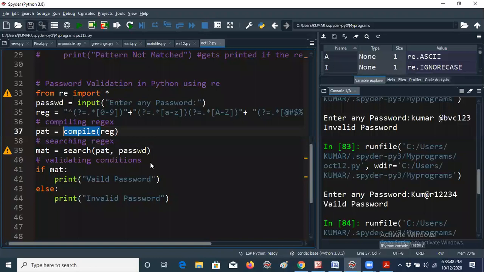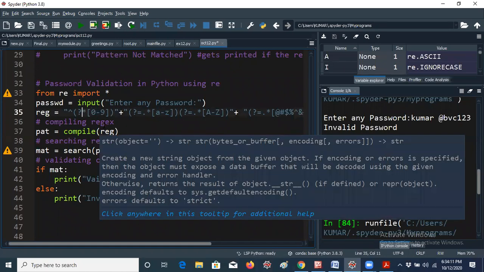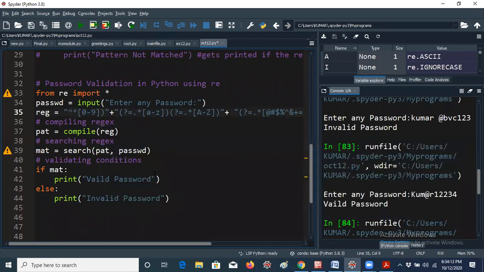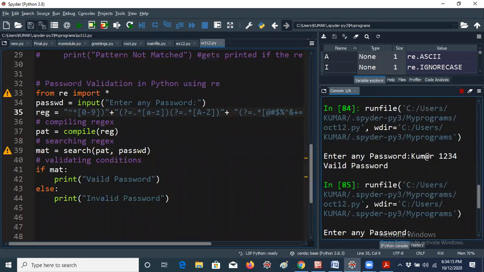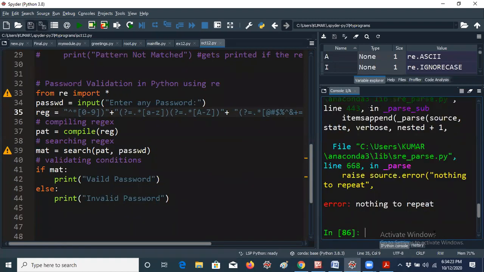For example, till now we discussed randint, random, like that we discussed just now. Likewise, in regular expression we have three beautiful functions: one is search, one is compile, another one is match. So if you're giving compile of regular expression, for example, I'm just removing all these things. Let me run this code, guys. Now I'm giving a correct password like that, I'm just giving kvma at DR1234.